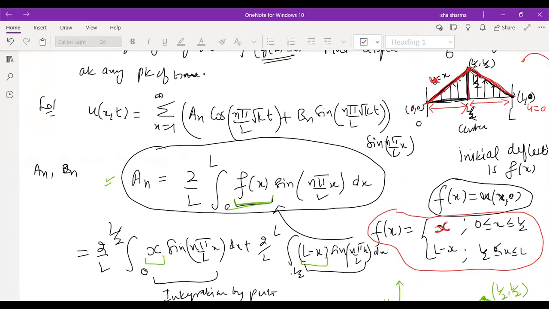Because a Fourier series as a function of two variables, there is no notion like that. We have just studied it for a function of one variable. So we cannot say the solution of the wave equation is directly a Fourier series. It is itself not a Fourier series, but yes, at particular times it is a Fourier series, because the value of time has to be fixed, when it will be a function of one variable and then it will be a Fourier series.